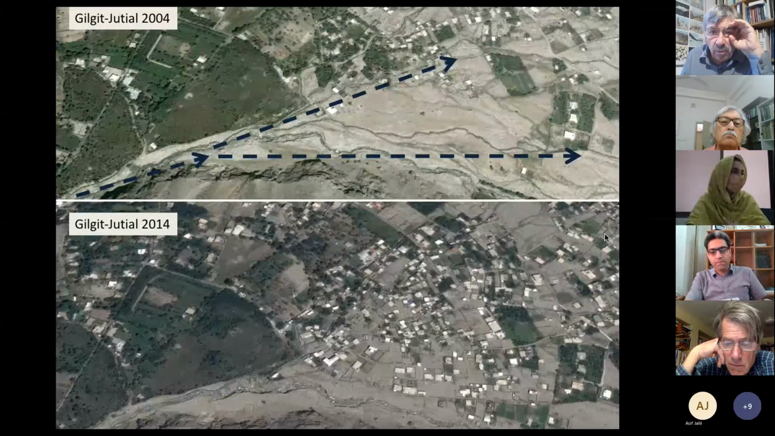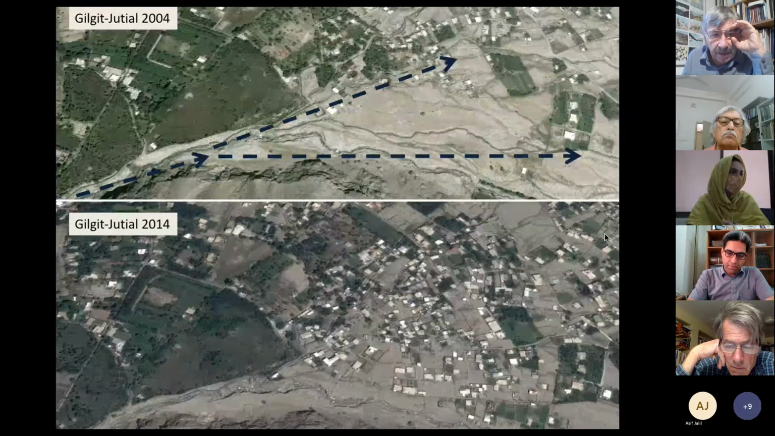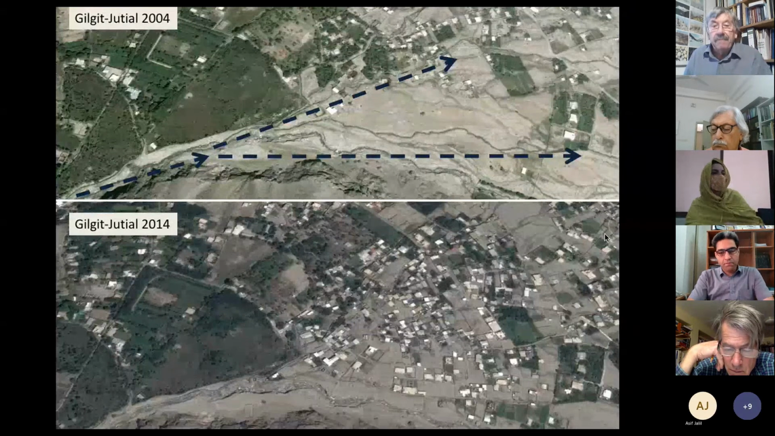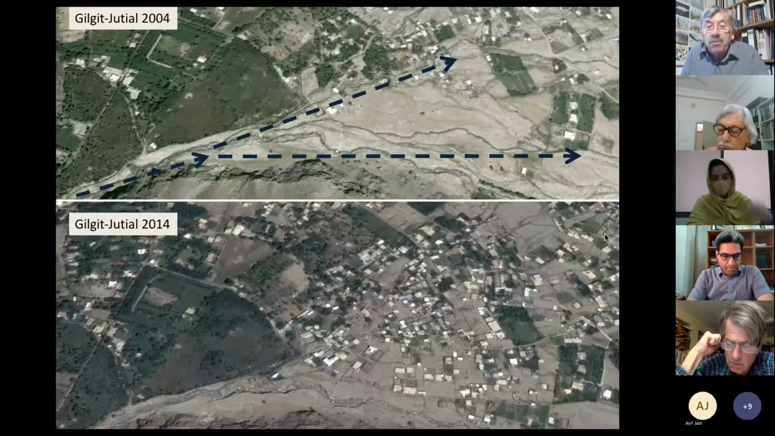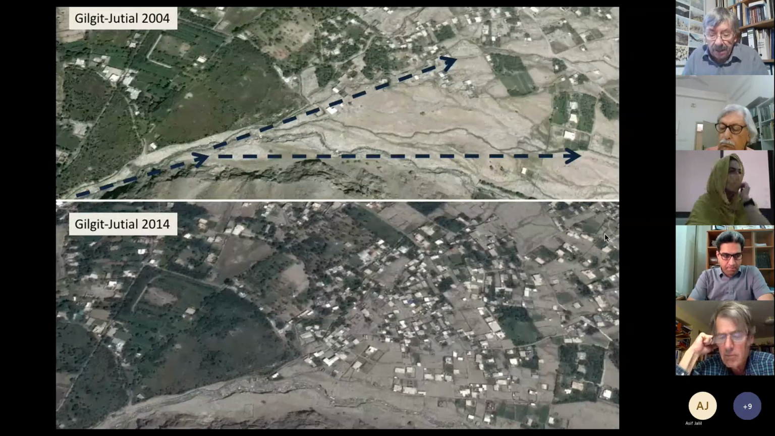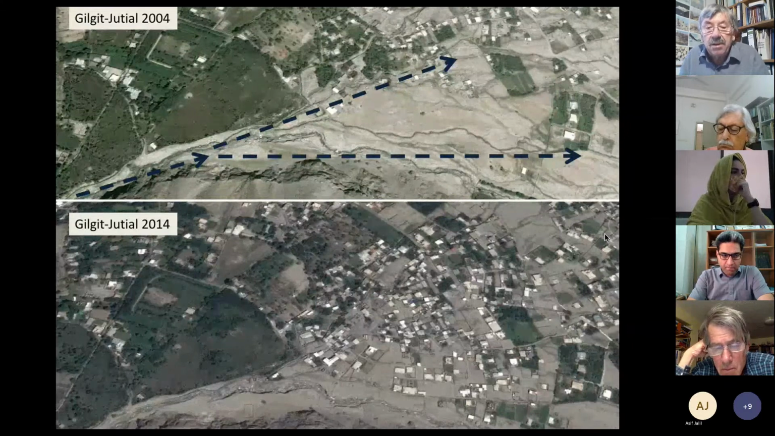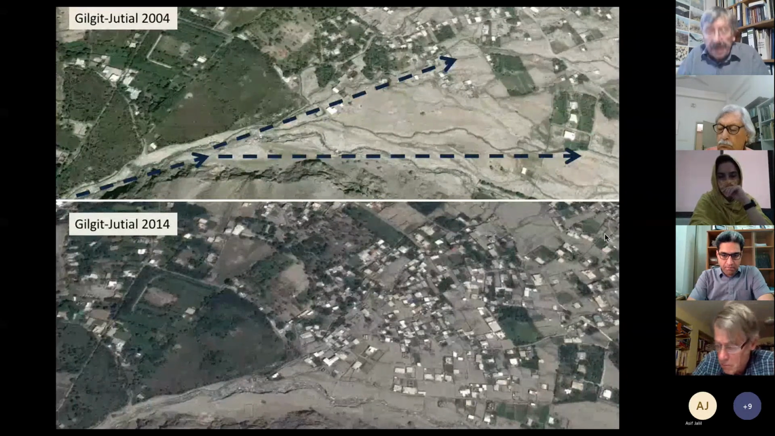It didn't go too far down, but on the lower part, 10 years later, you see that again, the whole area is built up. Very risky places, but people don't have a choice. They have to go somewhere and to build it. That's what I mean, marginalization. And on the next slide,